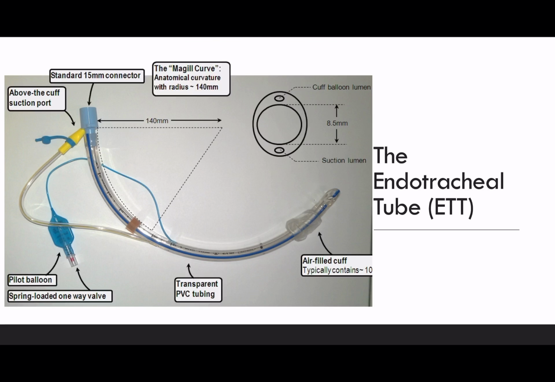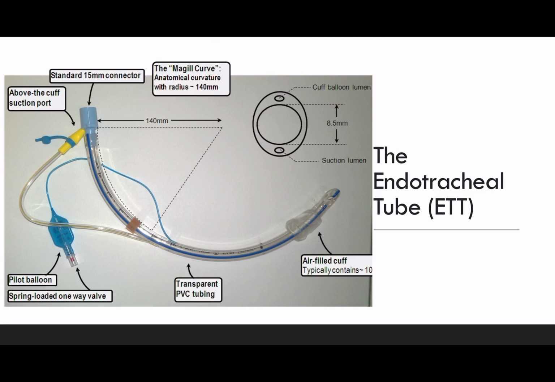Now, some of the endotracheal tubes that you'll see in intensive care are very special. They have a third line that comes out. This is that yellow port. And this is something called a subglottic suction port. Now, as I mentioned, with the tube cuff up, you will have secretion sitting just on top of the cuff. What this endotracheal subglottic suction port does is that you can suction out this port, and the opening to this port is sitting just above the level of the cuff, and therefore all those secretions can be suctioned out and